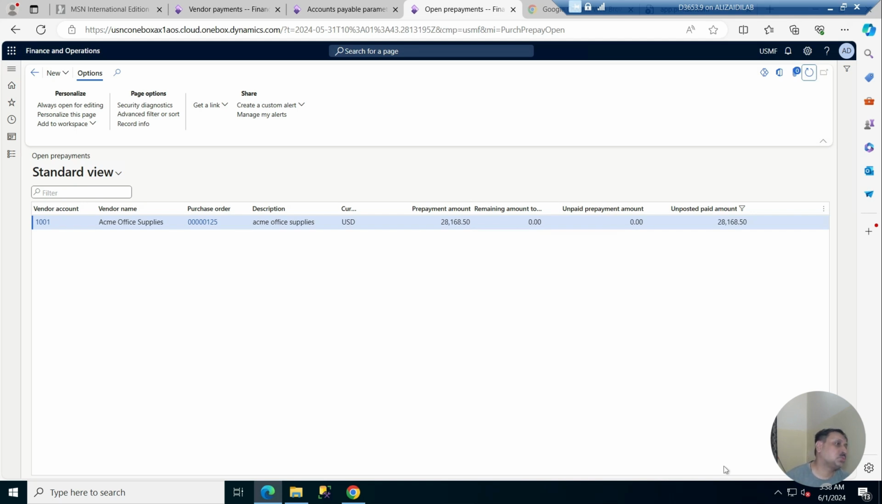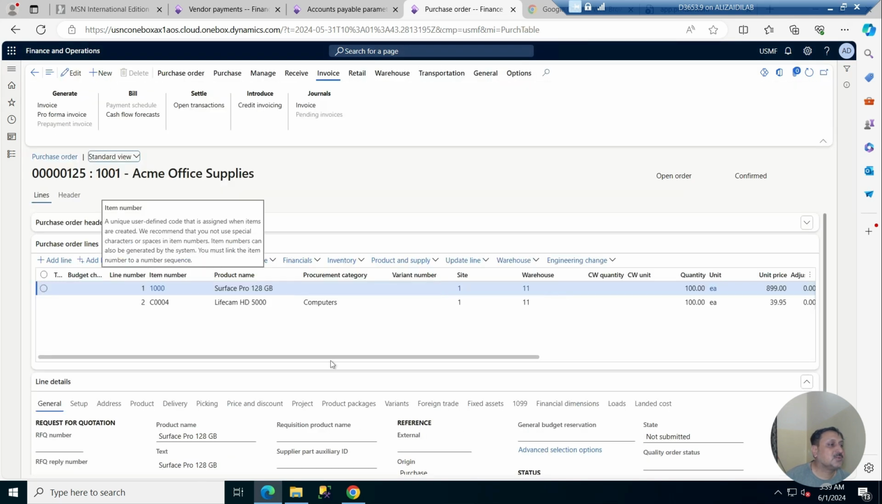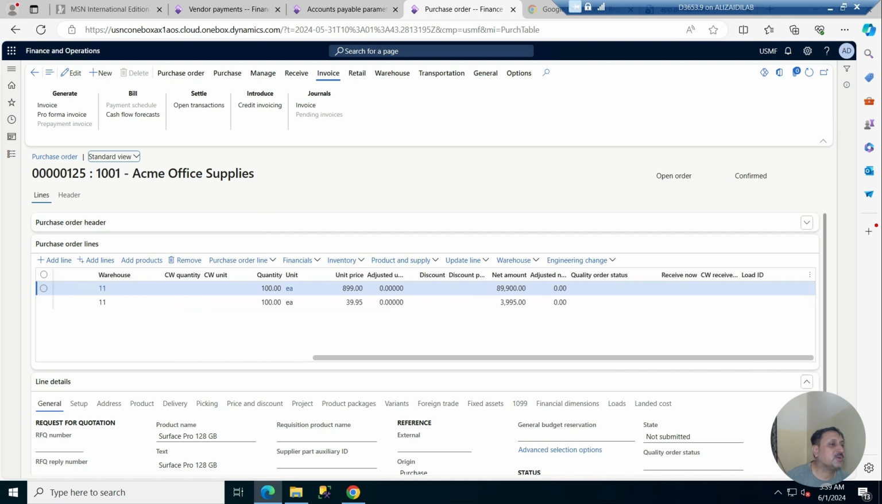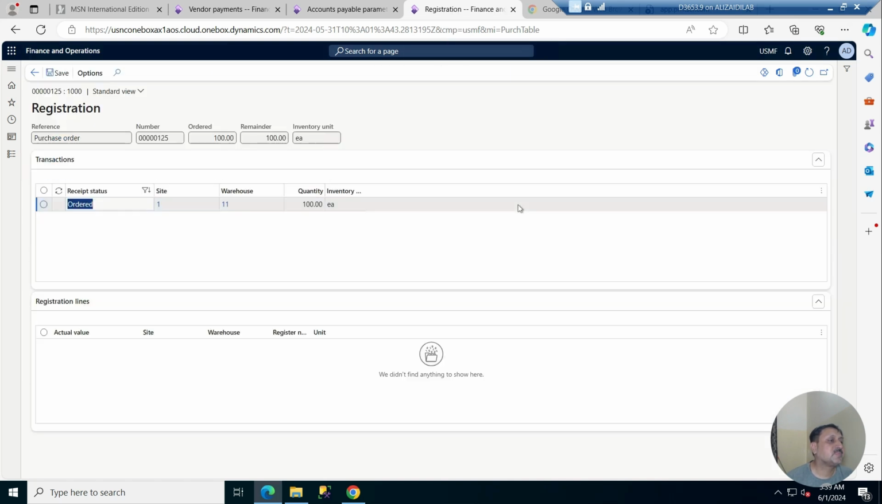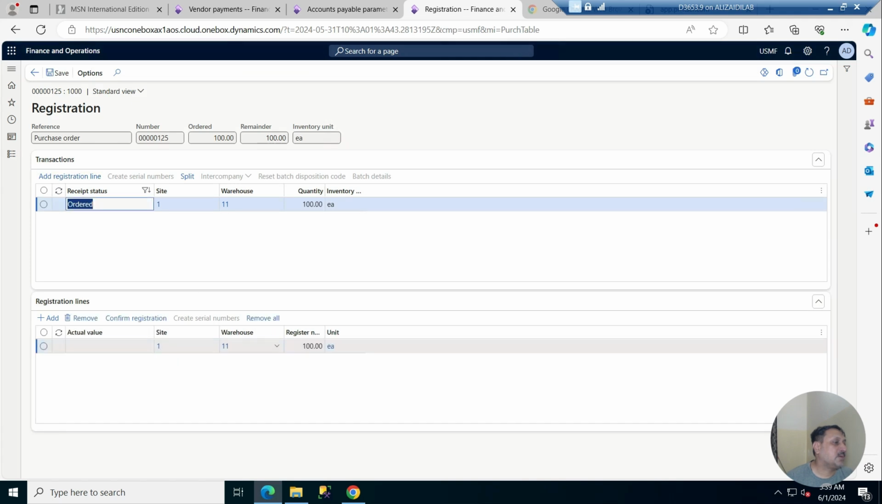And now I'm going to settle this amount in a purchase order. So this is against this purchase order. I'm clicking here. I have 100 quantity, so I'm going to receive 50 of that, 50% of the 100 quantity. For this I'm going here to register the quantity. I am clicking on add and put here 50, save, not 50%, 50 quantity, confirm registration,